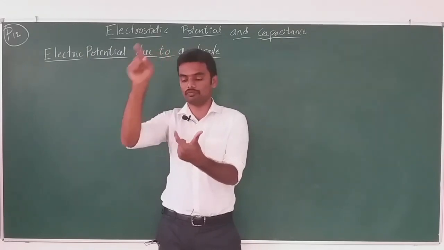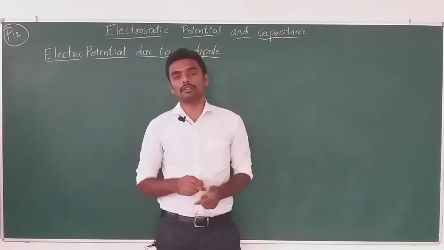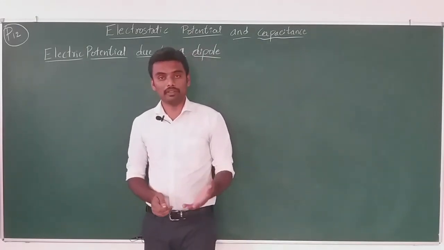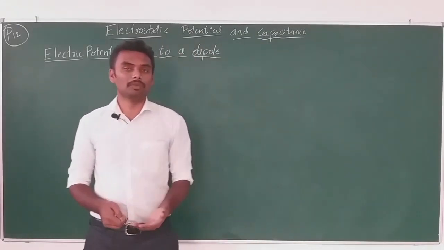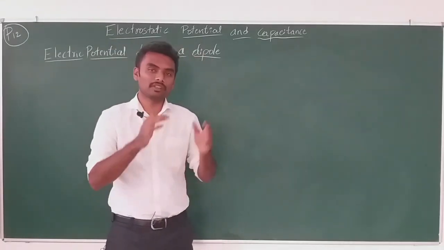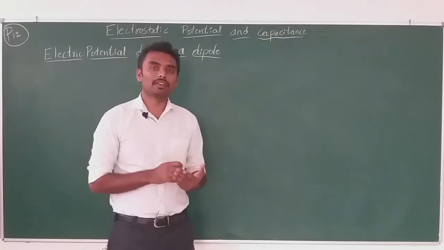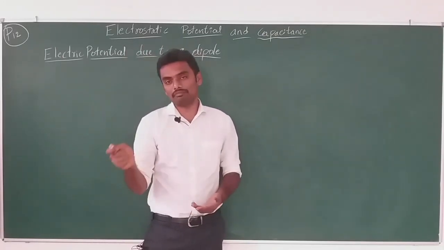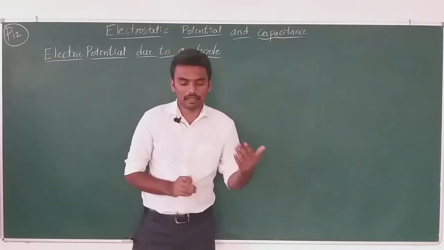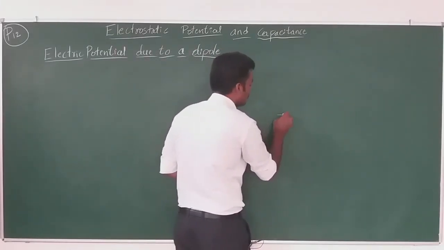Say here is the dipole. Anywhere you can choose the point and find the electrostatic potential due to that electric dipole. But we are not going to derive it because it is not in the syllabus. So no need to worry about the derivation; we will directly consider the expression because the derivation is lengthy. It is there in the reference, and if you are interested, you can go through it, but it is not there for your boards. That is why I am avoiding that derivation. I will directly write the expression for the potential due to the electric dipole.